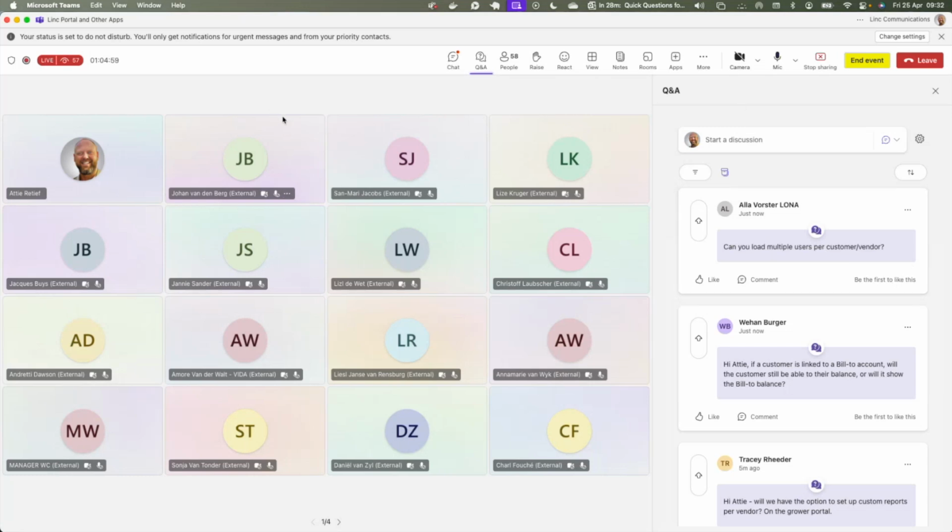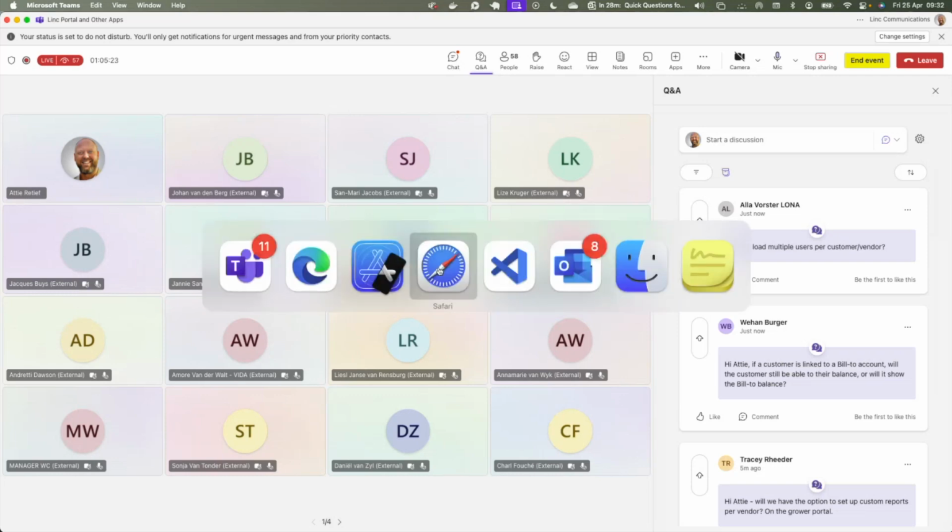Okay, before I move on to the next and last section of the webinar, which is about the rest of our apps, just an overview and an introduction, are there any final questions anybody has about the portal? Don't worry if you can't think of one now. If you think of one before the end of the meeting, you can still post it on the Q&A and I'll circle back on it.